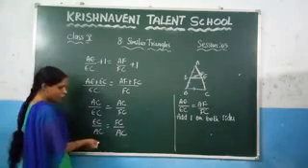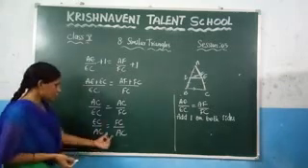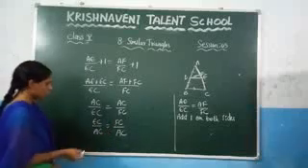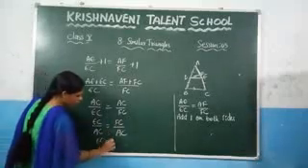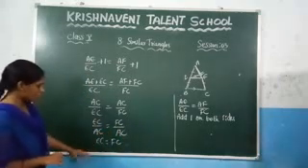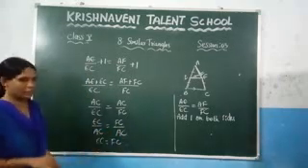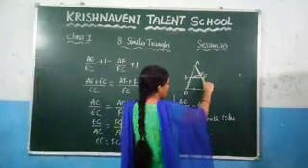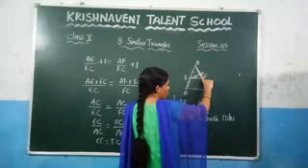Now here you can clearly observe that since the denominators are the same, you can easily cancel the denominator so that here you will get EC is equal to FC. Right? So what we got here at last is EC is equal to FC. Let us see what is EC and what is FC. This is the length of EC and this is the length of FC.